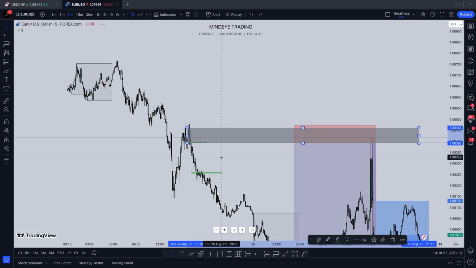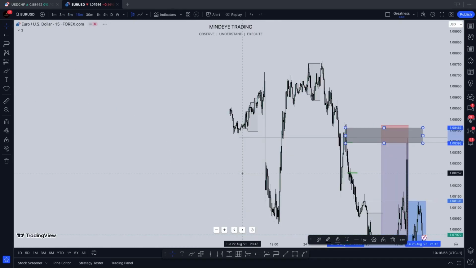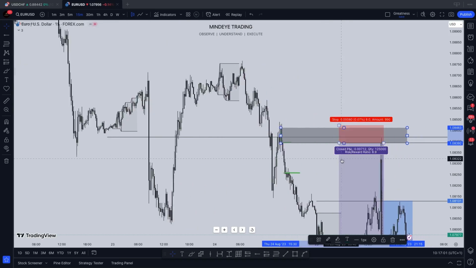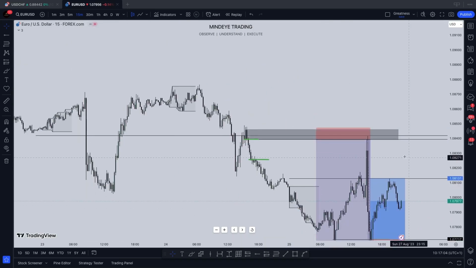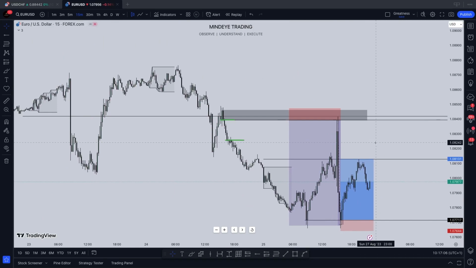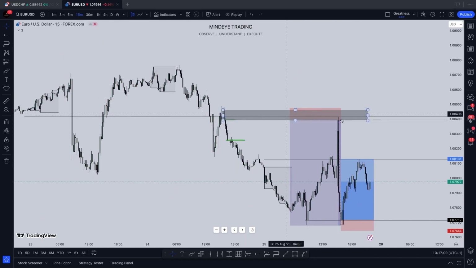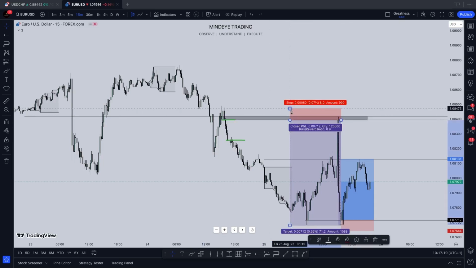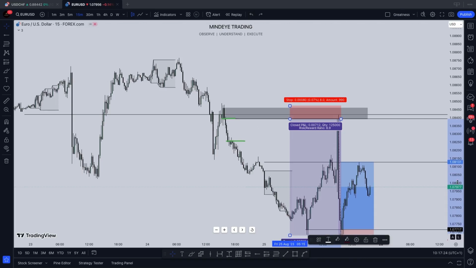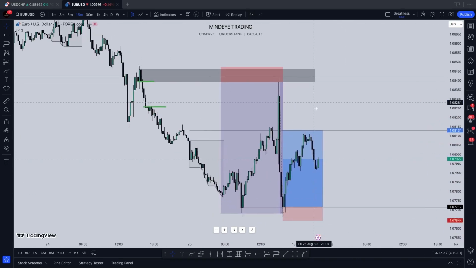But you can see how I explained it. Even though this trade was not taken due to imbalance nor order block, with this explanation, you can see everything works in the market. Everything works. There's nothing that doesn't work. So whether you use order block as your reason for your entry, fine, you definitely get the same entry. If you use what I use, definitely this is where you get as your entry. I actually had this up this way so as to explain it better. So that is it for this trade.